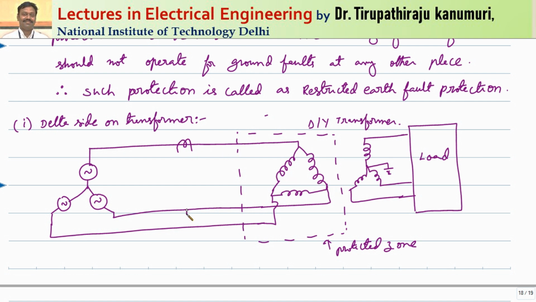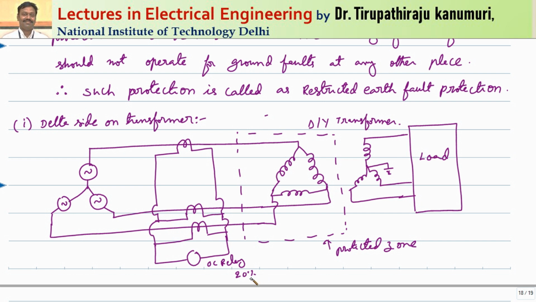For that, the CT connections will be made like this. These are my 3 CTs. The CTs are connected in parallel in this way, and this will be connected to my relay. This is my overcurrent relay, which will generally have the setting made nearly equal to 10 to 20% of the setting. Getting this one? So now let us see how this will operate for the case of only ground faults,